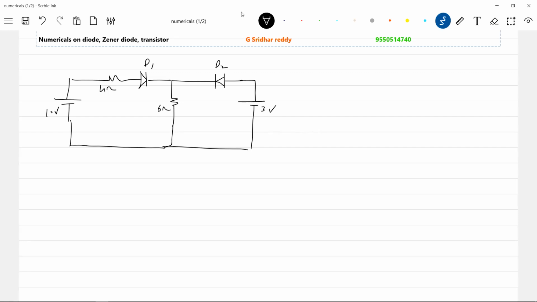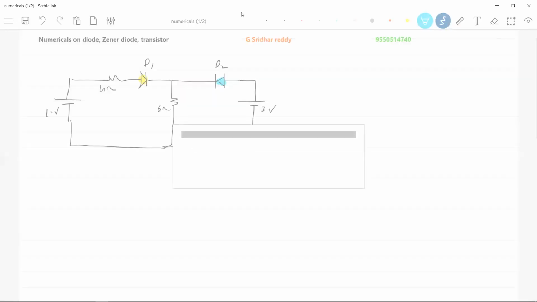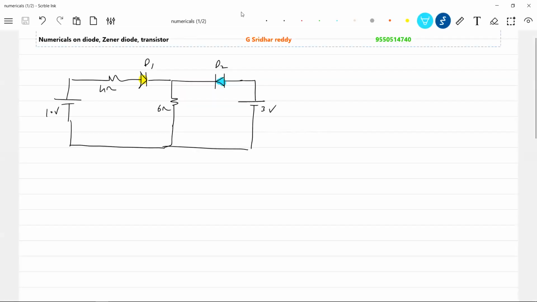I think we have discussed some long back. But once again, I'm putting the same numerical. These are the two diodes. Multiple circuits are there. Possibility of asking, I'm not saying very important, but possibility is there, so on the safer side, let's have an idea. Because one diode we discussed, so let me bring more than one diode.